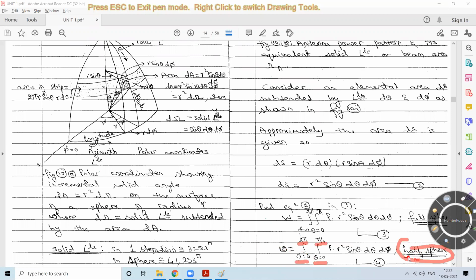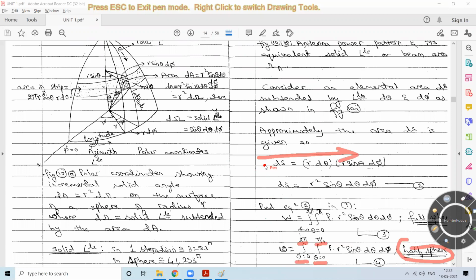You'll get to know why you have to consider this, because you have something called unidirectional antennas and non-unidirectional antennas. That is, whenever we consider an antenna which radiates only in one particular direction, and some of the antennas radiate in different directions at the same given time. So if we consider those,